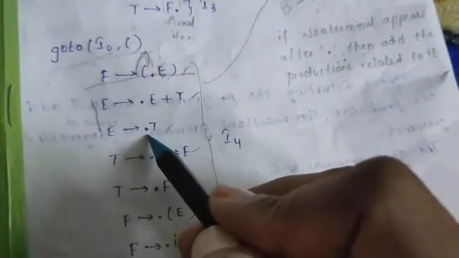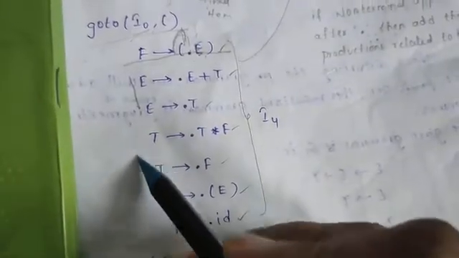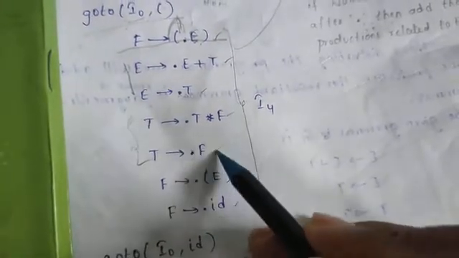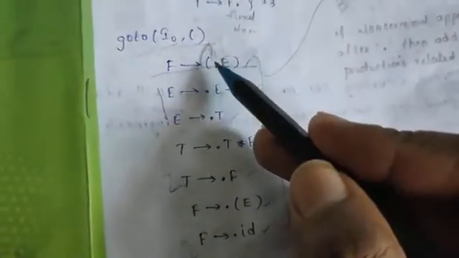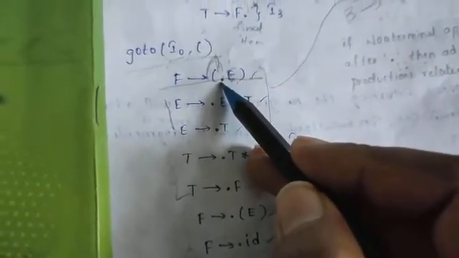Again I'll check this one. Why? Because the dot is before T. Again it will go for T related productions. Two productions are there, and those two come under this. So again I'll check: the dot is before F, so it should place the F related productions, those two in this production. Like that, after every production we check if the dot is before a non-terminal, and then we place that non-terminal's related productions from the grammar here. Like that the total process will be done.